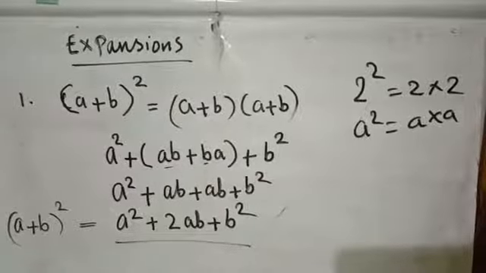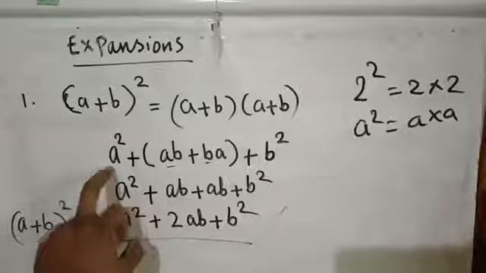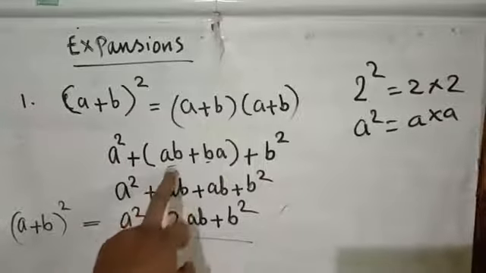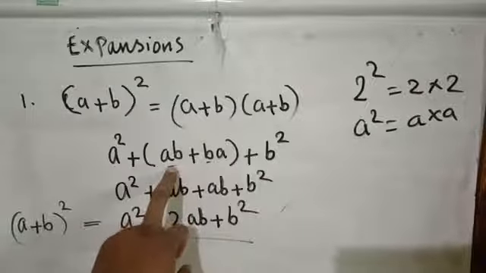AB. Same way, first term square, first term from 2 polynomials or binomials. First term a, here also a. First term into first term plus, and what about the middle term? Product of outer term, here a, here b. So a into b plus product of inner terms, b into a, plus product of second term, that is b into b, b square. So a plus b the whole square is a square plus 2ab plus b square.